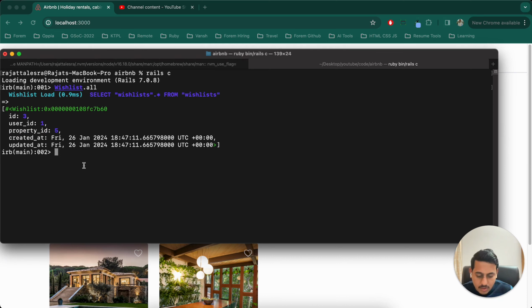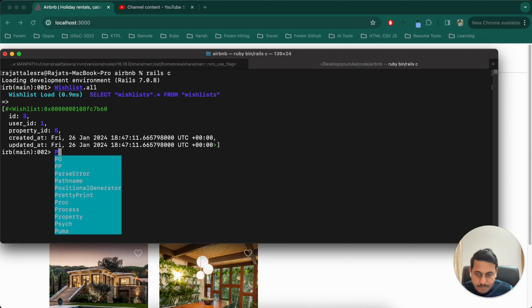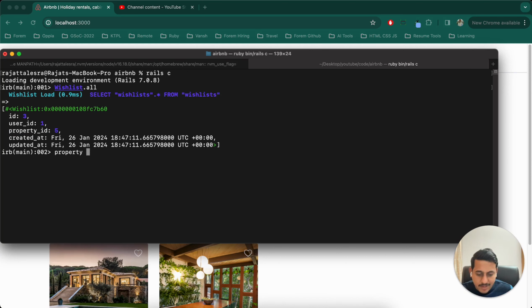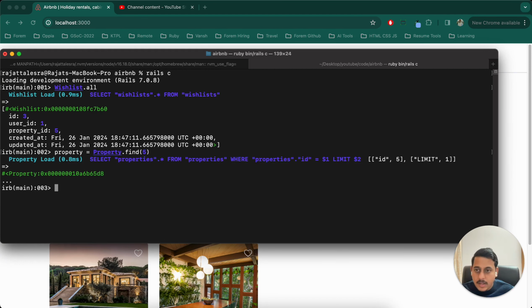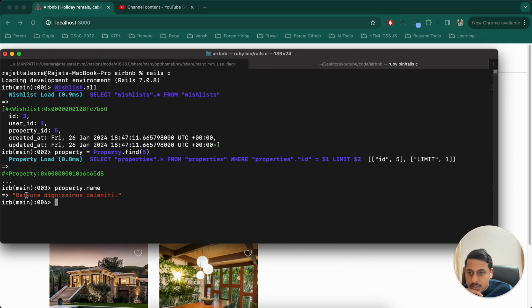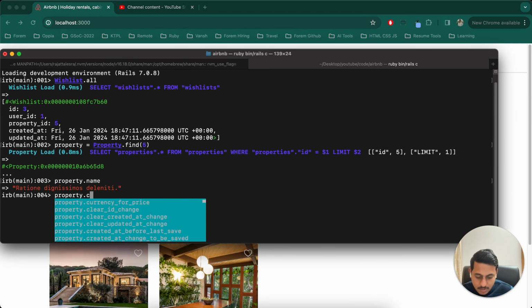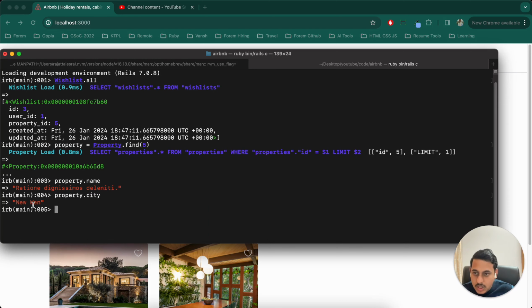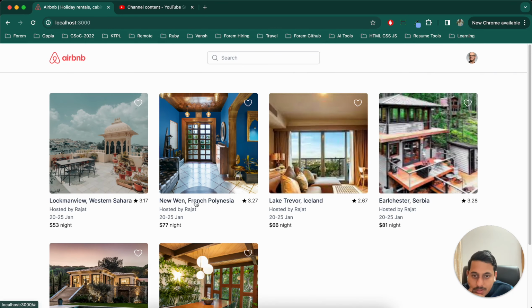Okay, so for that we can do property, which is a variable, equals Property.find with ID 5, right? Enter. And we have got that. This is property dot city, because we are using city names like Nuwara Eliya or something. Where is it? This one. So for this property, which is the blue image,